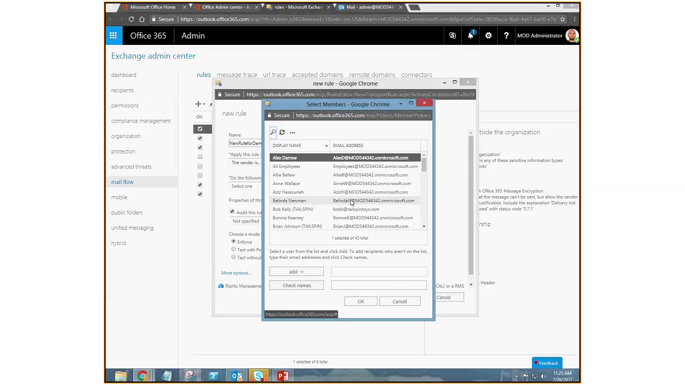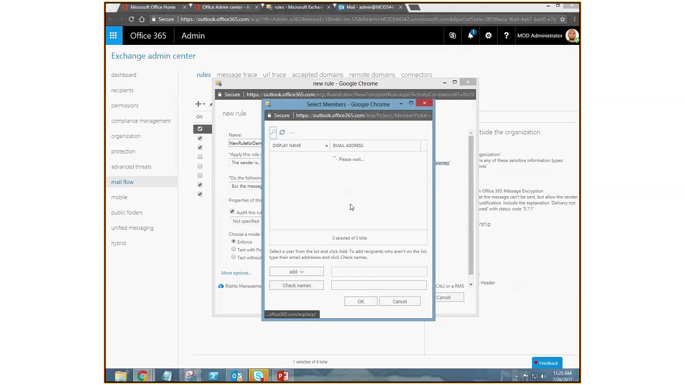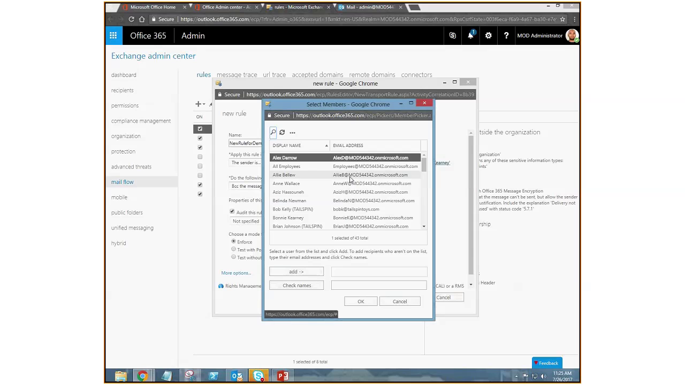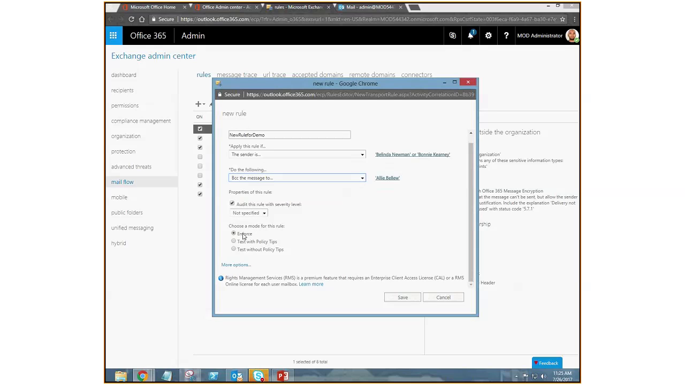If an email is sent from these two, you can forward the message to, you can delete the message without notifying, or what is more interesting is you can BCC the message to. So let's say if any email is sent from those two human beings, that will automatically be sent as a BCC to this person, and this will happen without even the notice of these two people. And you can have a policy tip, or you can have it without a policy tip, and more options are,